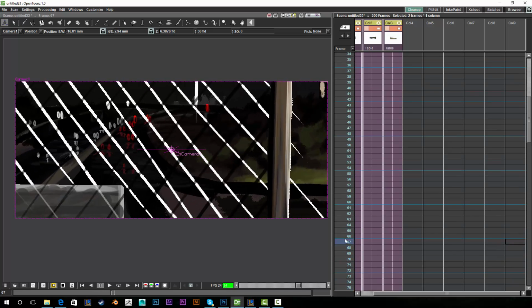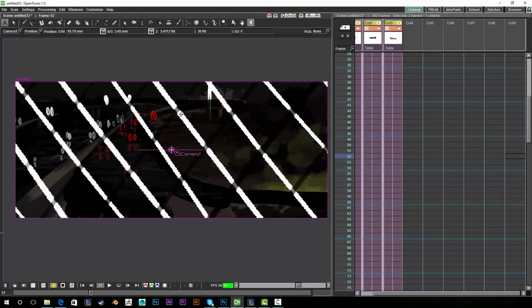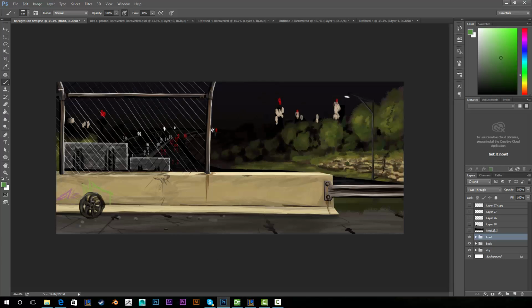Just another thing to talk about real quick is you can see how these edges are kind of jagged. I actually don't have a solution for that. If I go back into Photoshop and go to the original artwork,